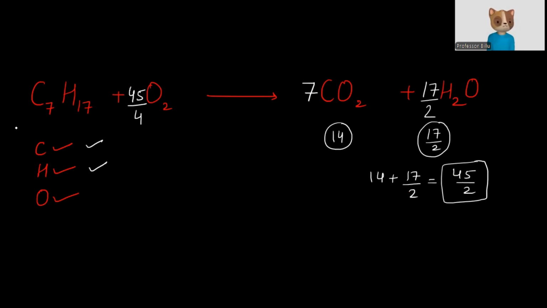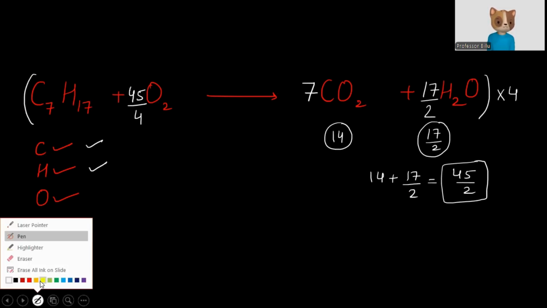Now, what we have to do, we have to multiply the reaction with a number such that the denominator gets eliminated. What number we should multiply? Think. We should multiply by 2 or by 4. We have to multiply this reaction by 4. Now, check the reaction. If you multiply the reaction by 4, the final reaction becomes